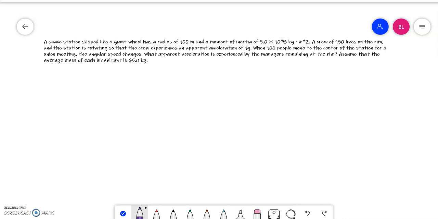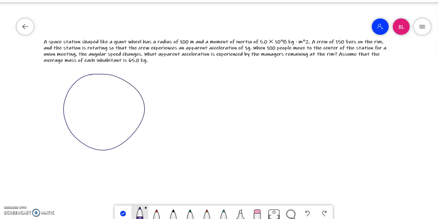This video is for number 72 of section 8.6. A space station shaped like a giant wheel has a radius of 100 meters and a moment of inertia of 5 times 10 to the 8th kilogram meters squared. A crew of 150 lives on the rim, and the station is rotating so that the crew experiences an apparent acceleration of 1g. So initially we have